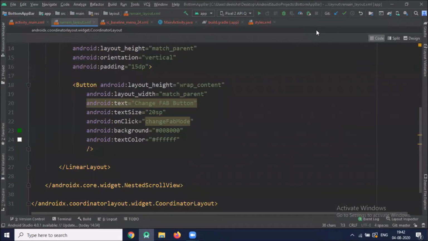Now we will add one text view. So when I scroll the text view, our bottom app bar will be hidden.